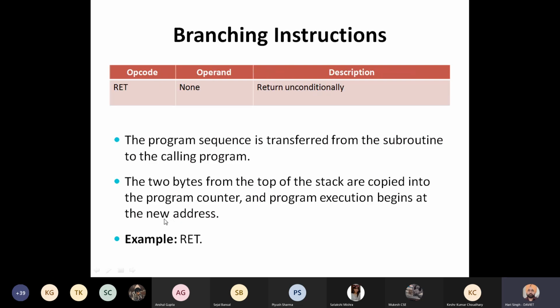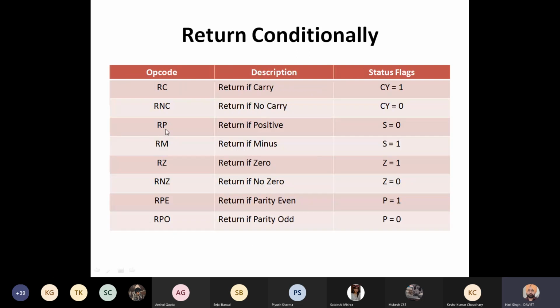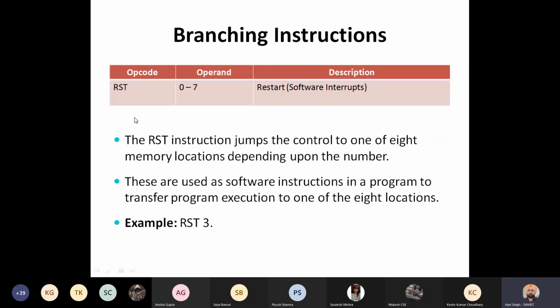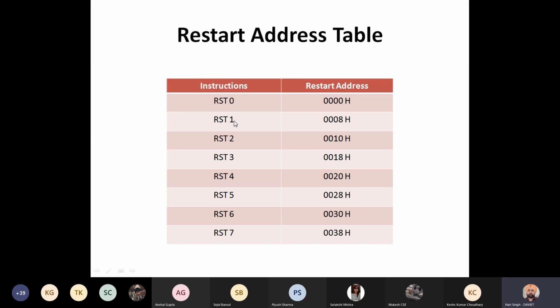But in case of RST instructions, the address remains fixed. Okay. So we have instructions RST 0 to 7. So say RST 0, RST 1, RST 2, RST 3, 4, 5, 6, 7. So target address for RST 0 will be 0000, RST 1 will be 0008, RST 2 will be 0010 and so on.